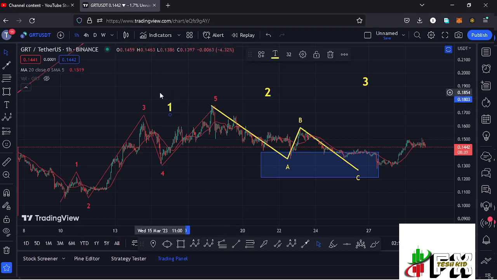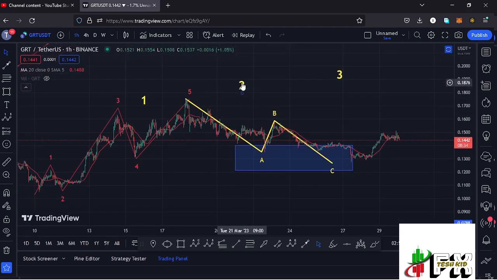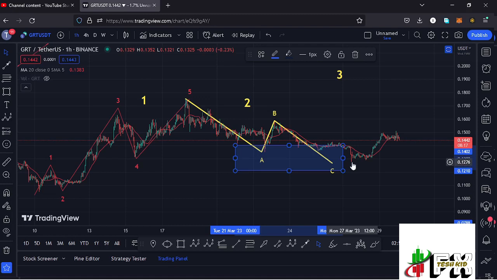And after seeing the high for that first wave, whatever we expected next was a corrective structure in the formation of this wave 2 in a move that gave us a breakdown into the minimum retracement area between the fib level 0.5 and the fib level 0.78, which is the target area highlighted here in blue. And having fully maximized our target area in a move that gave us a low at around the $0.1276 mark,